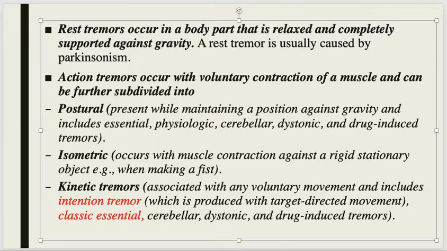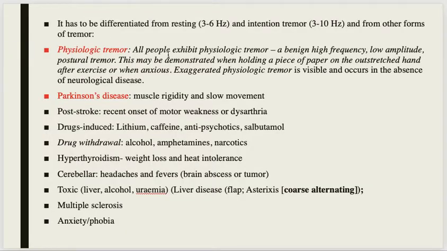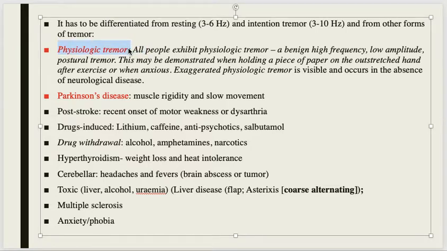So it has to be differentiated from resting and intention tremor, and from other forms of tremor. So physiological tremor, I told you, which everyone has, even you have. And Parkinson's disease tremors, of course, when we find resting tremor, we look for the other signs and symptoms of Parkinson's disease. And post-stroke, drug-induced causes, drug withdrawal causes, hyperthyroidism also give tremors, cerebellar diseases give tremors, liver and renal failure can give tremors. As I told you, they are called Asterixis, right? They are also called flapping tremors. Okay,